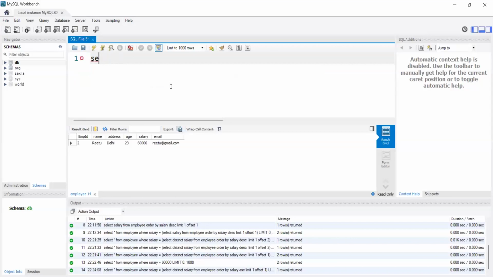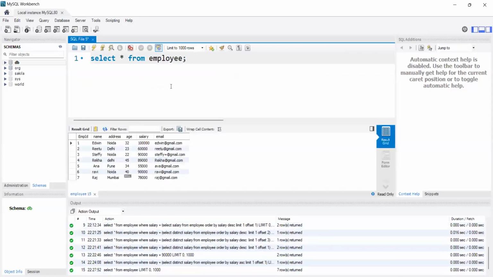Like here, select star from employee. That is the concept. For top or limit, it is the same. Yes, it is same, but top is not supported in SQL Workbench. That's why we use limit. This is my employee table, and then this is my